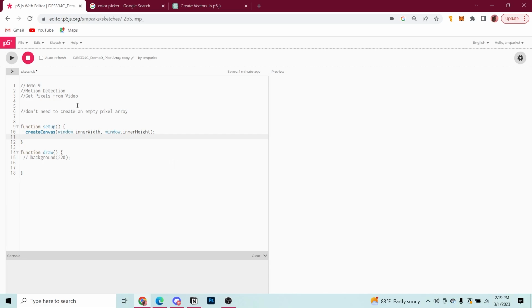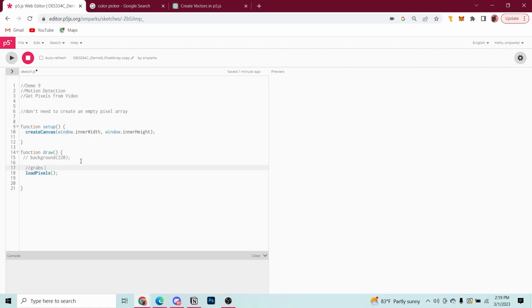So here in the sketch, we'll do a quick pixel array. So what you need to do first is just call the function loadPixels, and this just